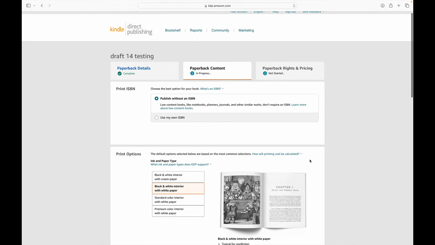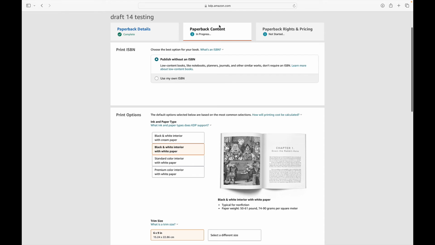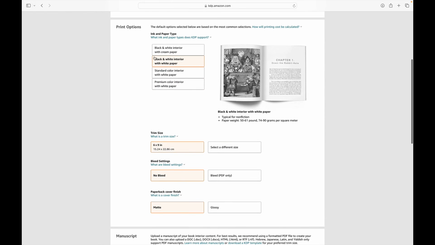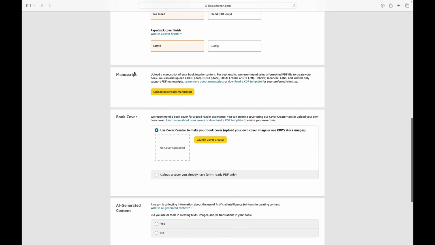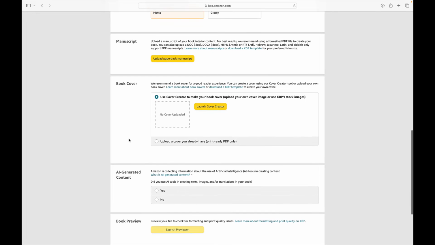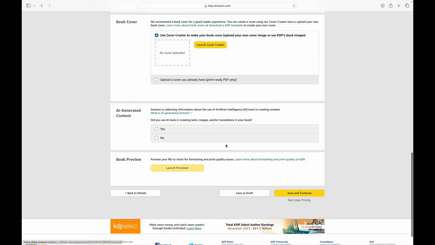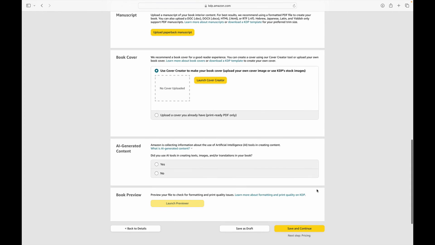And you'll see that now we can get to that next stage where we can work on the print options, the size, and the big piece for me, upload the paperback manuscript and the cover, which at this point I would have had time to create and upload. And yes, it will let me save and continue, head to pricing, and push through for a publication review.